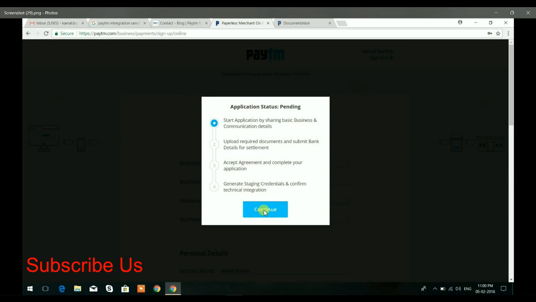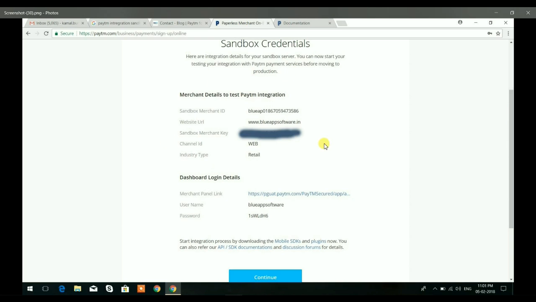You need to click on continue, and in the background you can see the business detail and personal detail. If you want to provide these details you can provide them, otherwise you can click on there. It is dull right now, but there is a line written, developer login to access sandbox, click here. So directly click on click here. When you click on this button, you will see this screen. There are the credentials for your Paytm integration. Please note down all these credentials, it is very necessary.